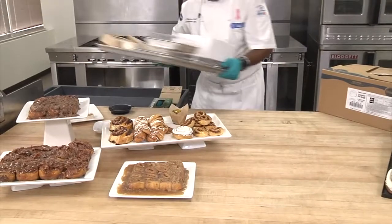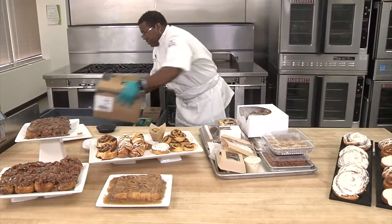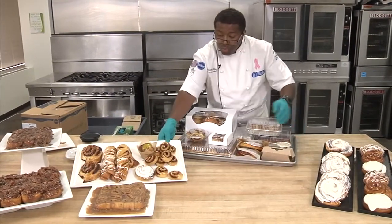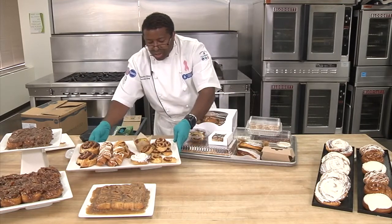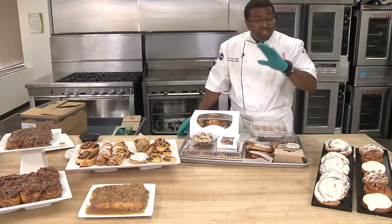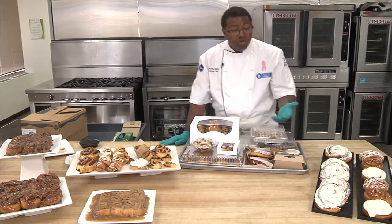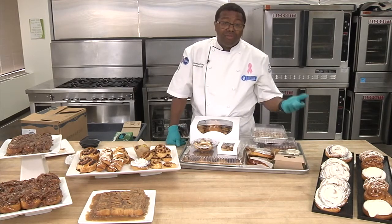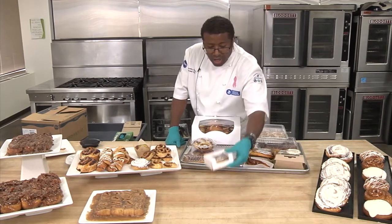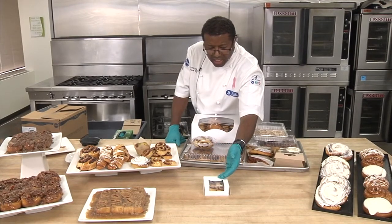So now I'm just going to show you a couple of packaging ideas, right? People aren't dining in, so we need to show our operators some of the options that they can use for takeout. And again, these are just ideas. These are not recommendations or suggestions. These are just me using some of the packaging products that I have here to give you ideas. Okay, so just one idea is putting this 0.9 ounce cinnamon roll in a box,